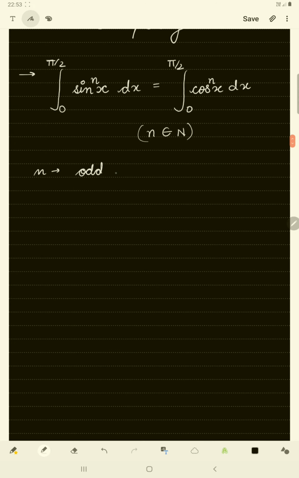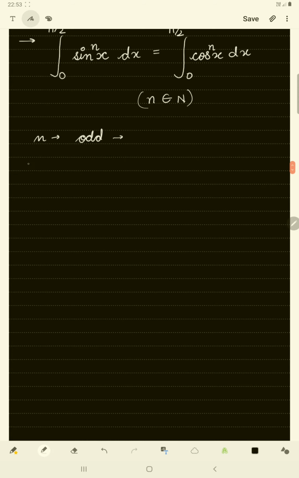That is, when n is odd, then we can say that the value would be n minus 1 upon n into n minus 3 upon n minus 2 into n minus 5 upon n minus 4, and this goes on until we get a 2 by 3 over here and a 1, and then we get 1. So we are just gonna write, when we get 2 by 3 from it, we are just gonna multiply 1 with it. So 1 is very insignificant to multiply, so it shows that we have completed the series.